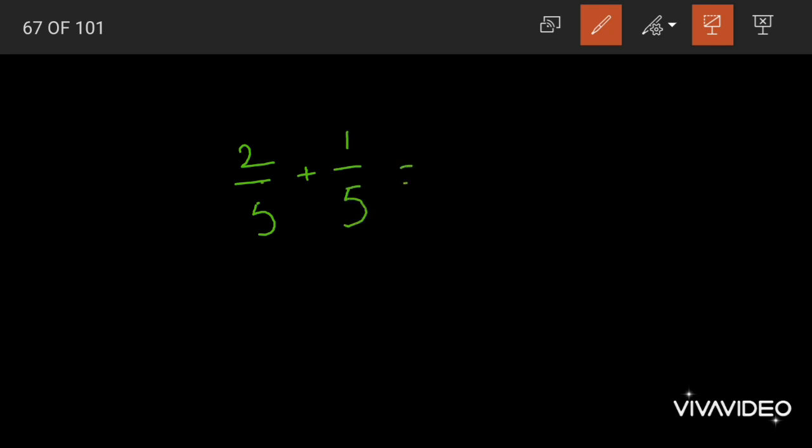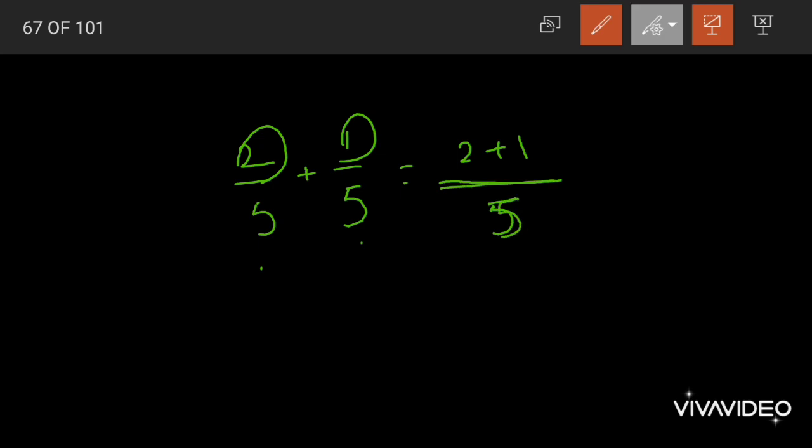plus 1 by 5. Yes, children, in comparison also, when we had 2 like fractions, we could easily compare the numerators and get the bigger or lesser fraction. Yes or no? So in the same way here we are having 2 like fractions. To add these 2 together, we need to add the numerators. 2 plus 1, and this whole thing divided by our 5. As both the denominators are same, we combined and wrote a single denominator for both the numerators.